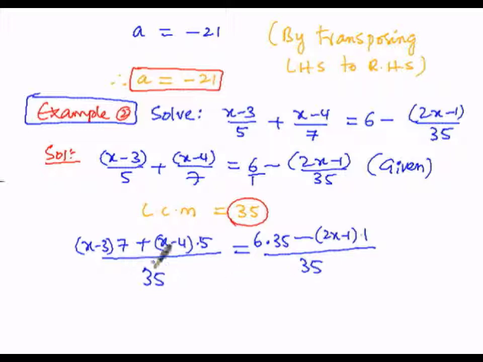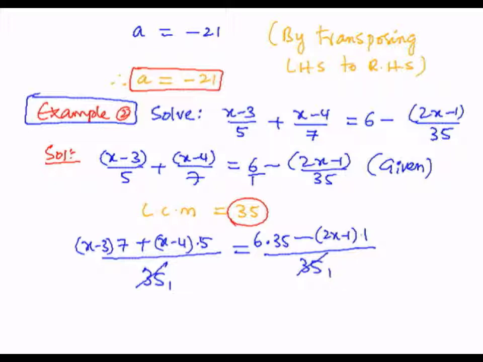When the denominator 35 is transposed to the other side, it will multiply and come in the numerator. Instead of cancelling and transposing, we can directly cancel the denominators in one step, because the denominators are the same in order and in number: 35 ones on the left hand side and 35 ones on the right hand side.